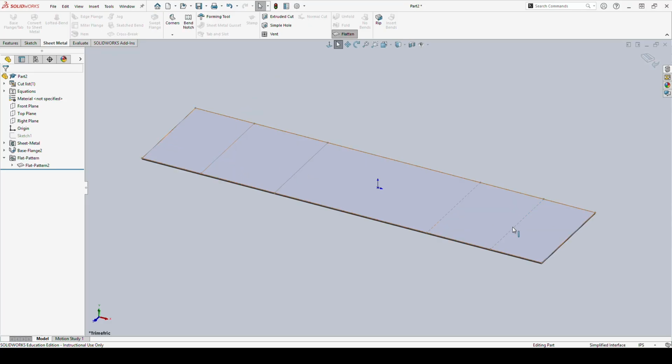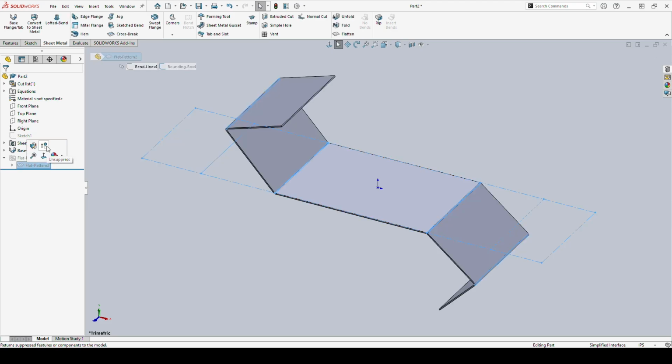One last thing is when we created the sheet metal, it created 3 pieces. We talked about the first 2. We talked about sheet metal, which is going to hold our sheet metal properties. We talked about base flange, which is the command that was used to create it. And it created a suppressed thing at the bottom called flat pattern. And that flat pattern is why we use this command. It might be a little bit easier to make these quickly, but the flat pattern is the real nice thing